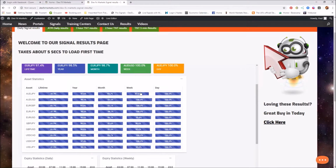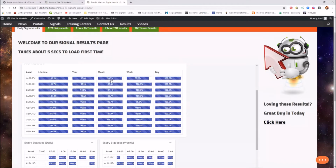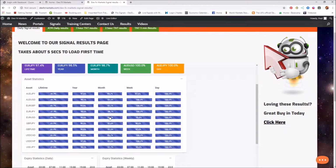87.5. It's first thing in the morning here and I haven't got my glasses on, but 87.5, and I believe that's the AUD JPY. Okay, the last 30 days, the lowest asset statistic, 94.7. So 94.7, yes, and that's AUD JPY. But I would expect nothing less, with all these being in the mid to high